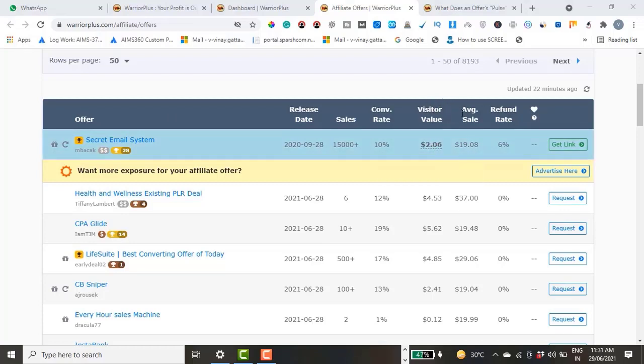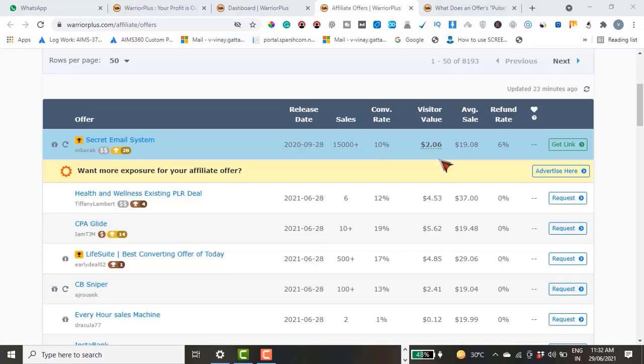Next term is visitor value, the most important thing in this whole process. Now this is even more important than the sales that we were talking about, and even more important than the conversion rate. I am going to explain why in a bit, but to check this out, what visitor value means is the number of clicks that you are sending to an offer and the amount that you are getting as an affiliate per click.